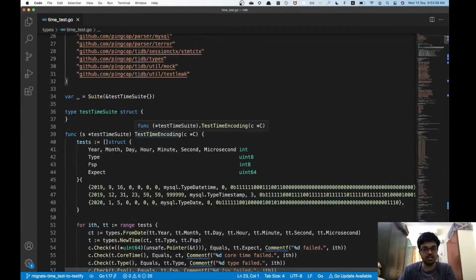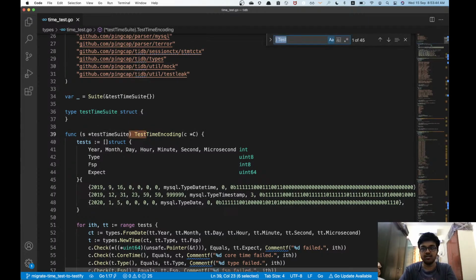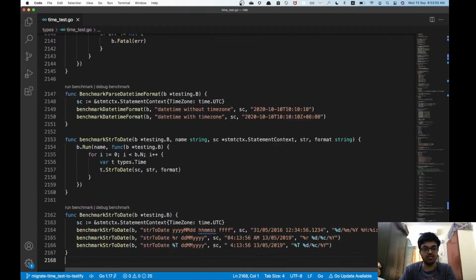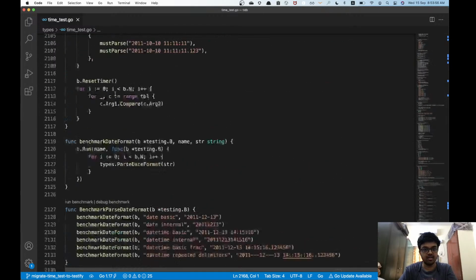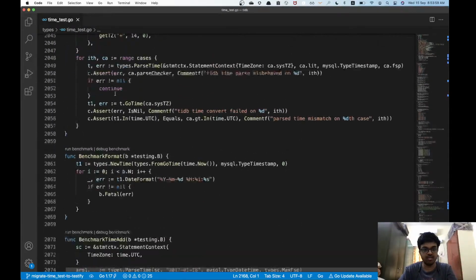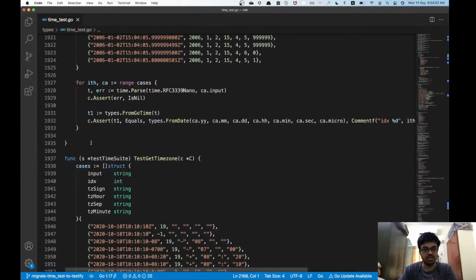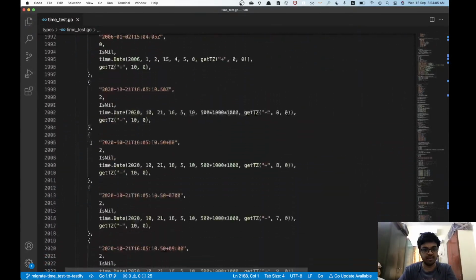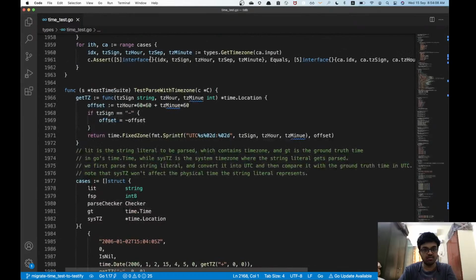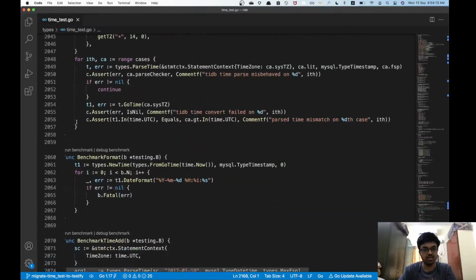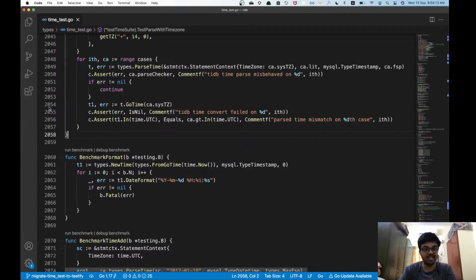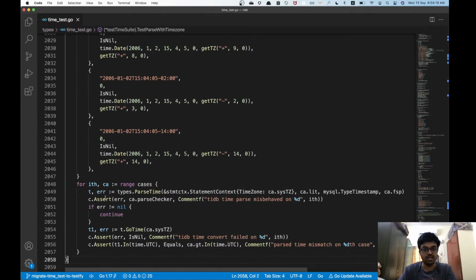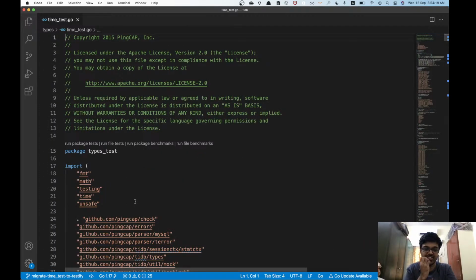So let's get started, and there are quite some tests over here, around 45 of them. So I'm gonna have to do a lot of migrations. There are some 2000. Okay, that's including the benchmark. This is all benchmark stuff. But yeah, there are around some 1000 test bars stuff here. So there are around 2000 lines of code that we have to take care of and ensure there is no usage of this. So let's get started. We have a lot of things ahead.